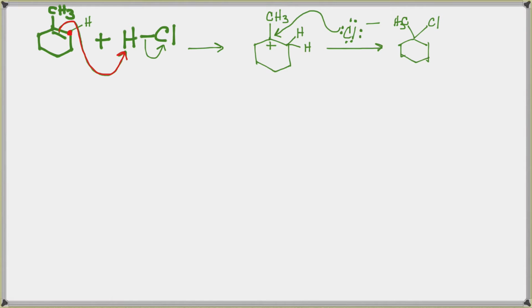Now we can use the same template, only instead of using chloride as our nucleophile, now we can use an alcohol. Right? If our solvent is an alcohol, and that's the only change we would make here, we would make sure that our solvent is an alcohol. Instead of chloride adding in my final step here, we could have a molecule of alcohol added. Right? So if our solvent was methanol,